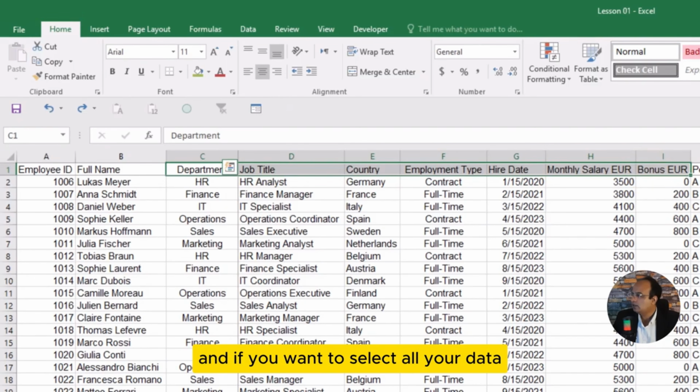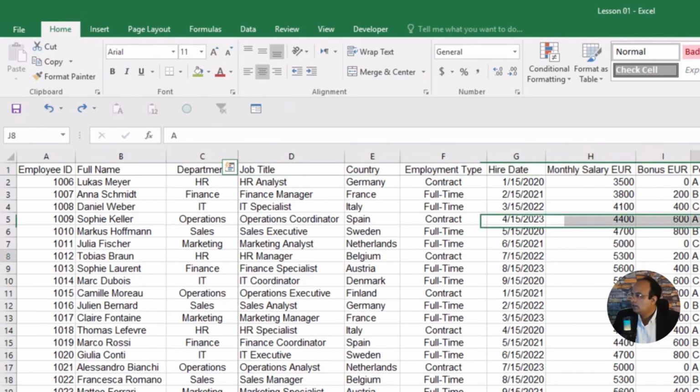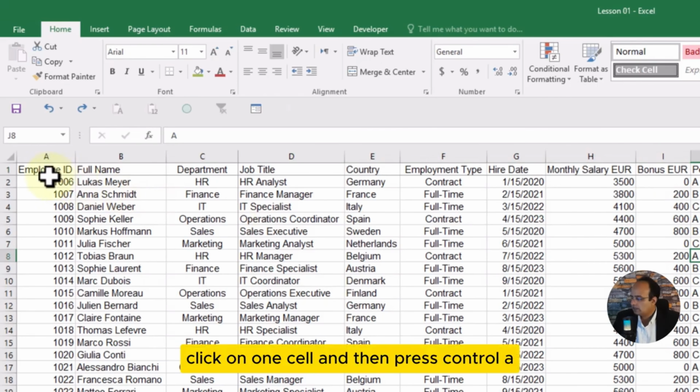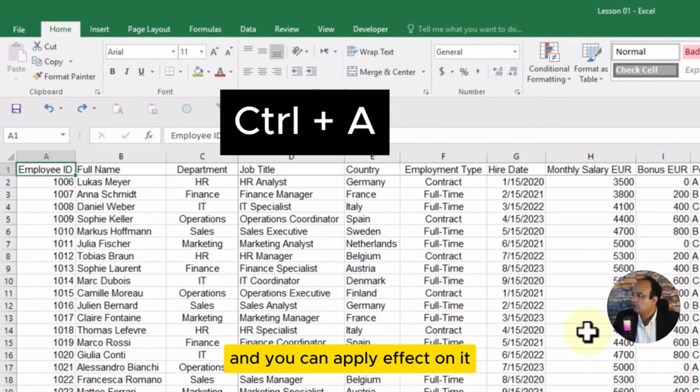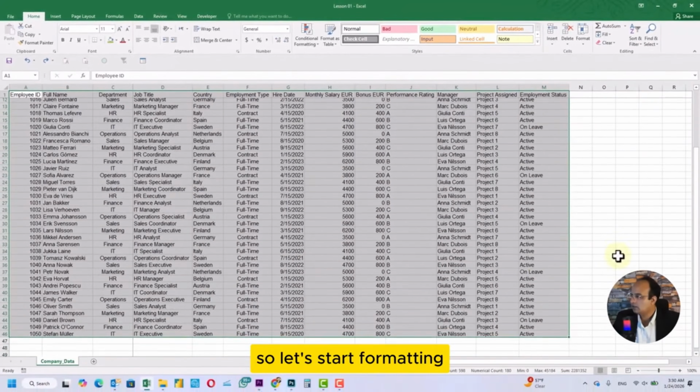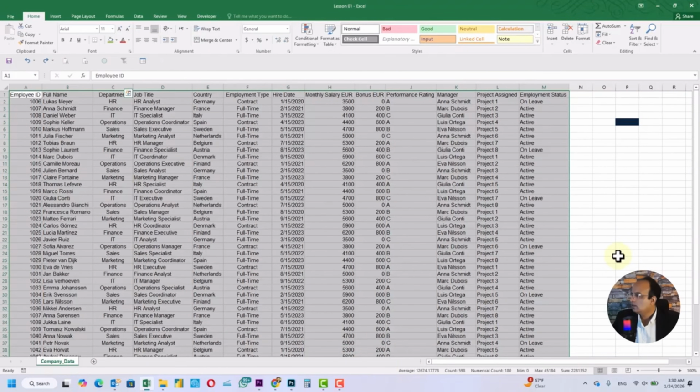And if you want to select all your data, click on one cell and then press Ctrl A, and all your data will be selected and you can apply effects on it. So let's start formatting. The first is